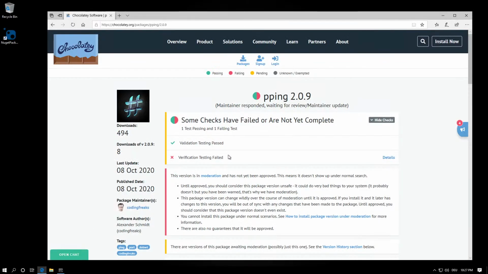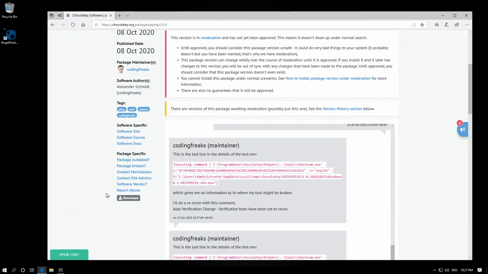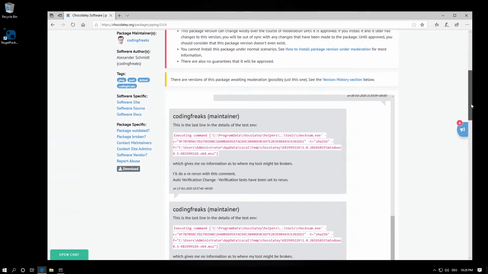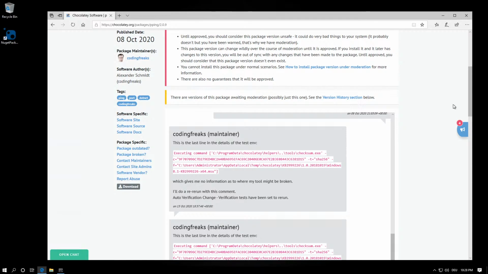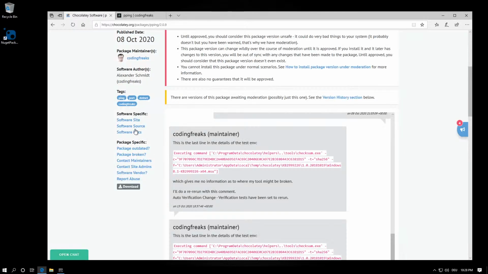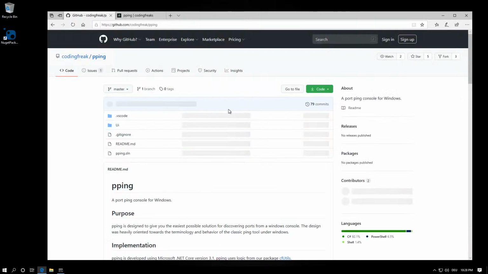So how did I manage to get this thing even to Chocolatey? How did I do it? And what now? The next part is all about creating Chocolatey packages in a very specific way for a .NET developer. If you are not a developer, you might not be interested in this. So let's go to the software site, which I linked, which is Coding Freaks. This is my blog. And maybe to the software source, which is even more interesting, which is nothing more than